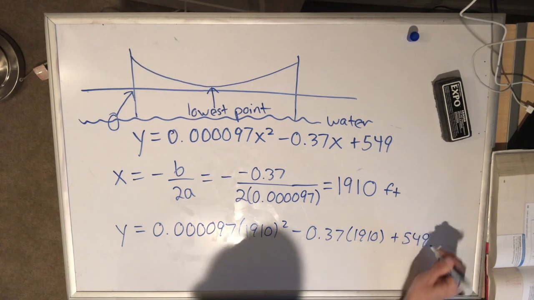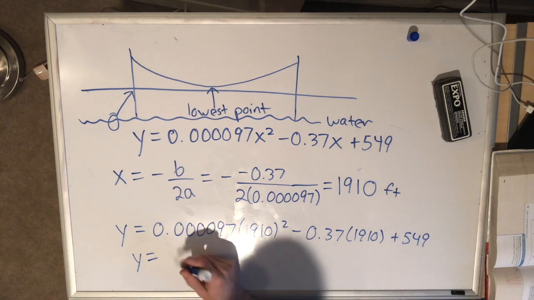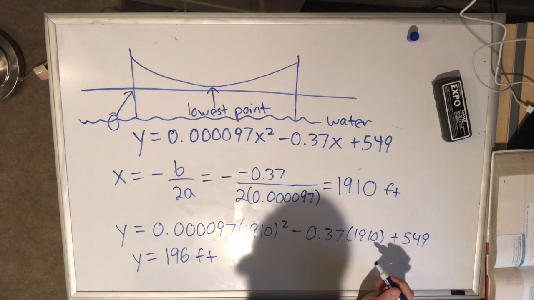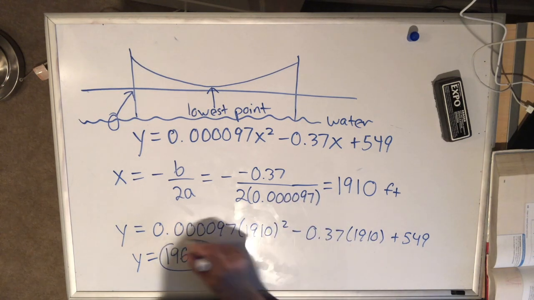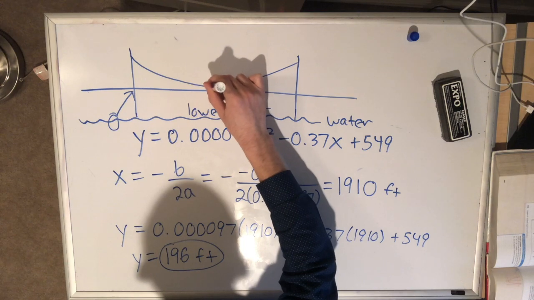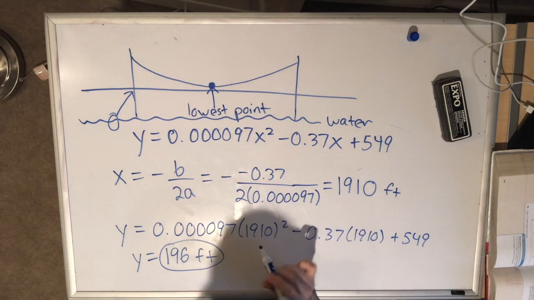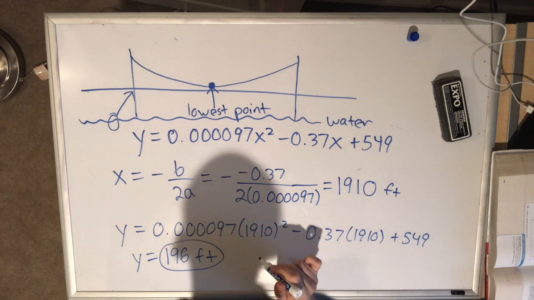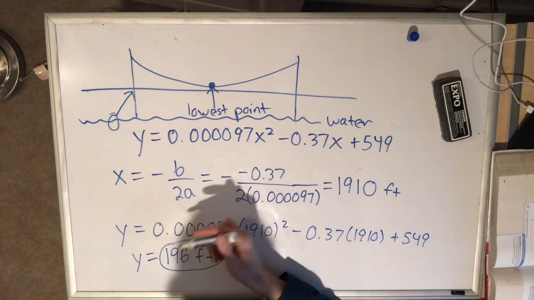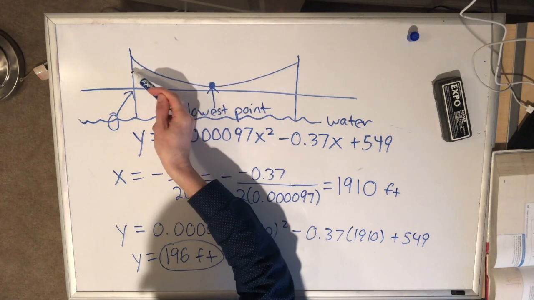And if you put that into a calculator, that's going to be y equals 196 feet. So this lowest point here of the suspension cables is 196 feet above the water, and 1,910 feet to the right of the left